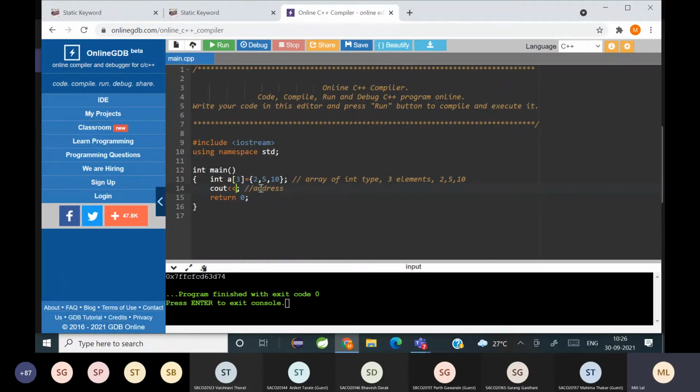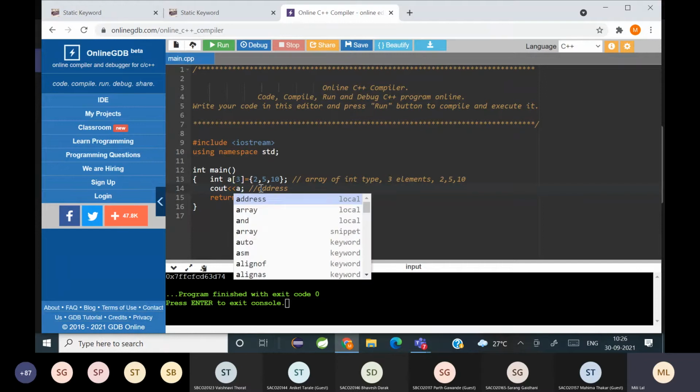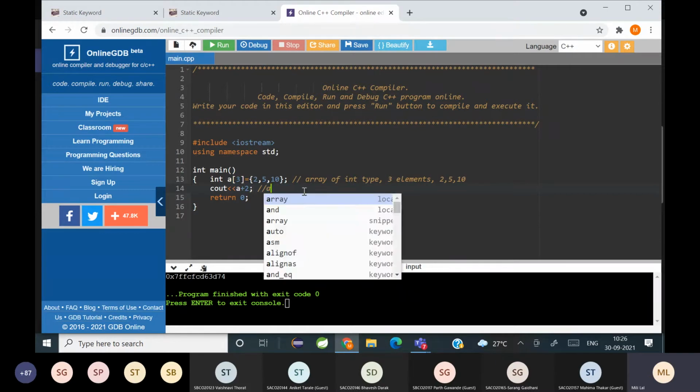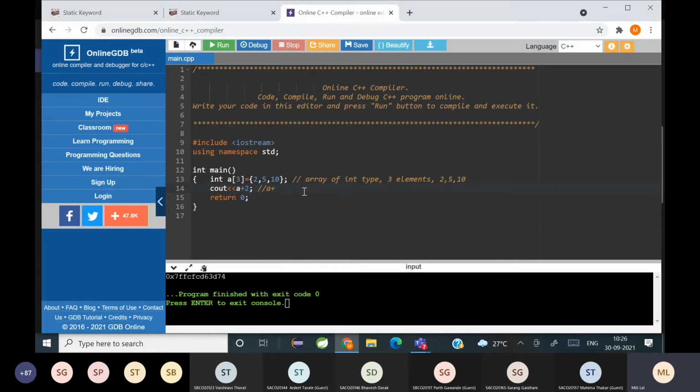So pointer में क्या है? A of 2 लिखना था, right? So A plus 2. समझ में आया? Are you all getting it? A plus I, right? So I is 2. So it should be A plus 2, the address of A of 2. That's what I want. So I need this to get printed. Let's see what gets printed here. Can you see the address is getting printed? The same value?